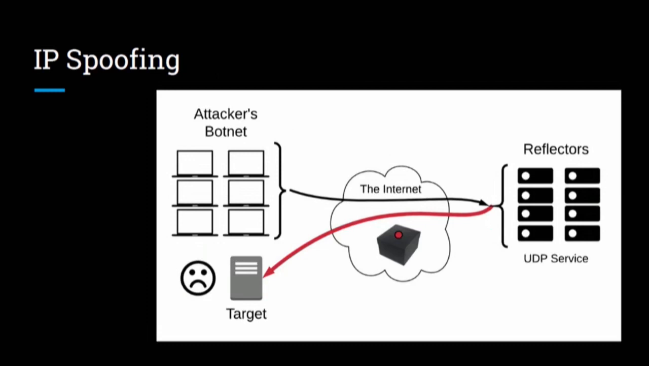We can have our botnet, all of our zombies, sending spoofed requests to a large number of DNS servers or other UDP services. These are going to act as reflectors, and they're all going to have a source address of whoever we want to target. So our botnet's going to send a lot of traffic to our reflectors. The reflectors are going to send an even larger amount of traffic back to our target. Our target's not going to be able to handle it, and that's the premise behind a distributed reflection denial of